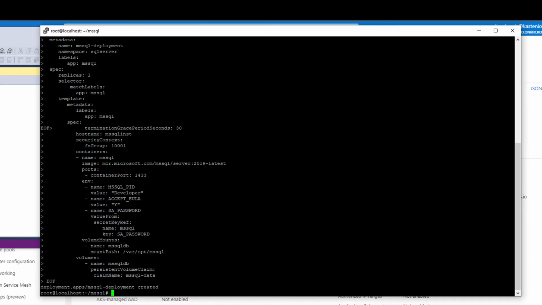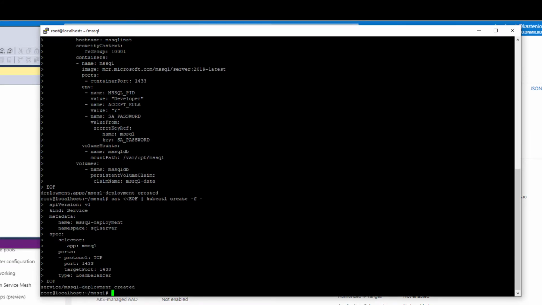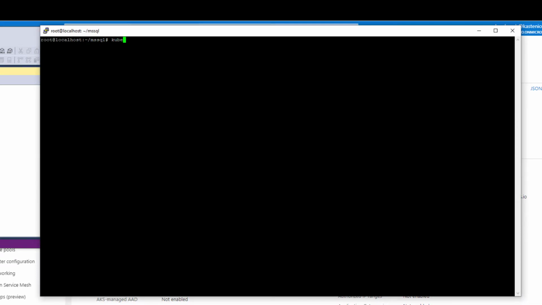With these YAML files, we can deploy a new database and put it on a public IP address so that we can access it using Microsoft SQL Studio. Let's validate that our pods are now up and running, and they are. Let's quickly grab our IP address of this new database,